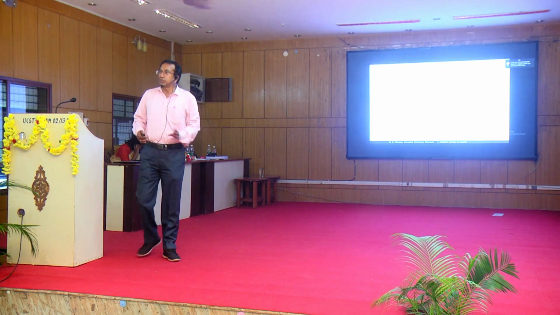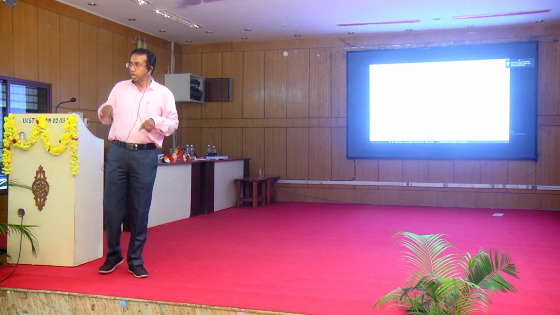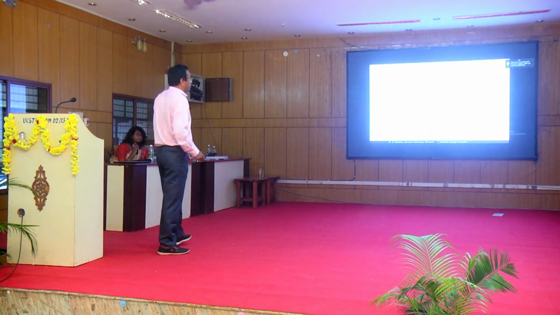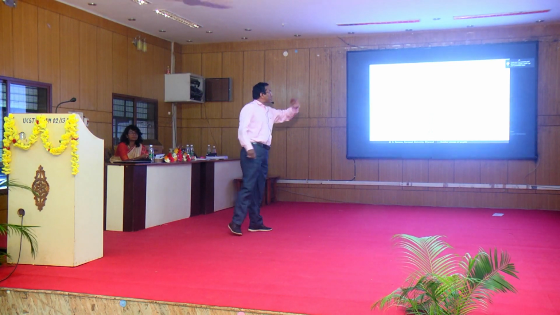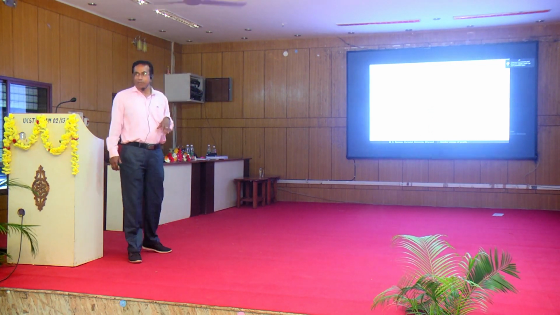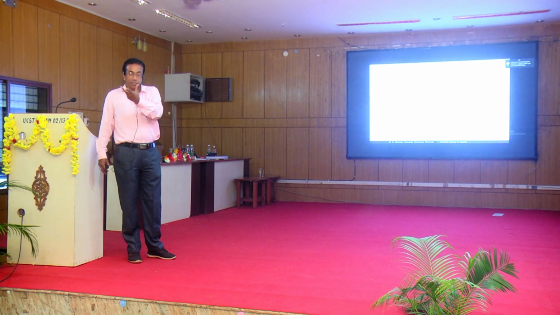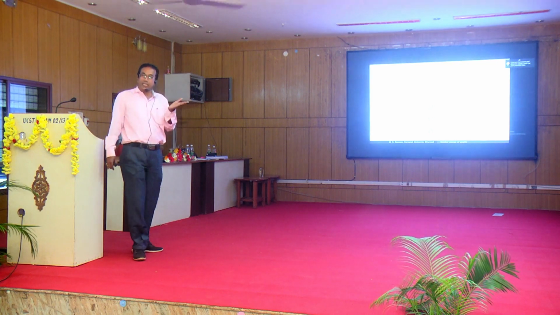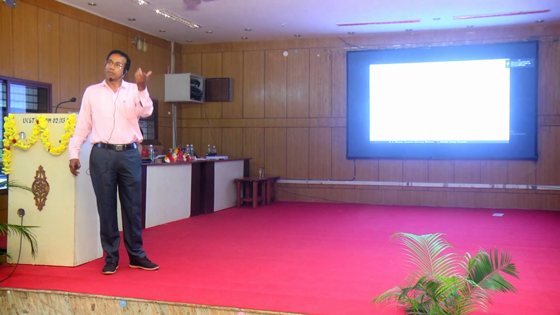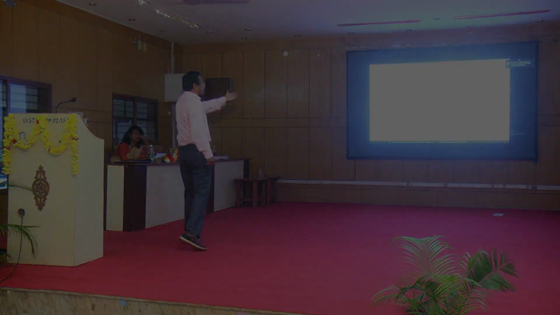I'll just outline how the result is proved. See, Sombor energy is summation of mod of rho i. Squaring it, we get summation of rho i square plus summation of mod of rho i into mod of rho j. We know that the arithmetic mean is always greater than or equal to the geometric mean of a set of numbers. So using that simple concept, this left side is a geometric mean of